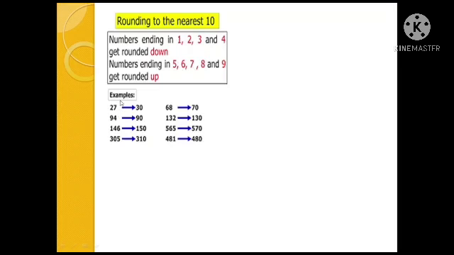If we have 7, we have to round up. Round up means the next round number, that is 10, 20, 30, 40, 50, 60, 70, 80. That is the round number. So the next round number after 20 is 30. We will round 27 as 30 because it ends with 7. Now 94 ends in 4. 1, 2, 3, 4 means we have to go backwards. If it is higher, we go forward; if not, backward. Going backward, you get 90.